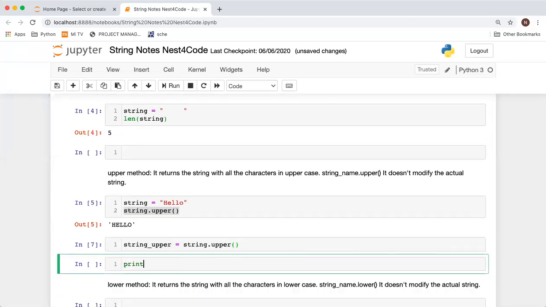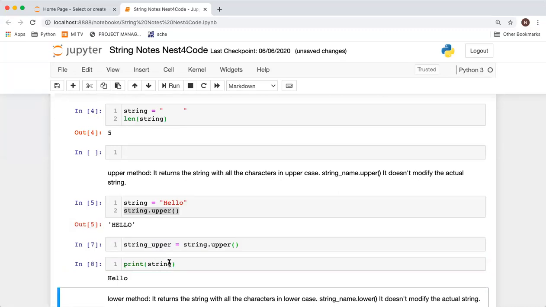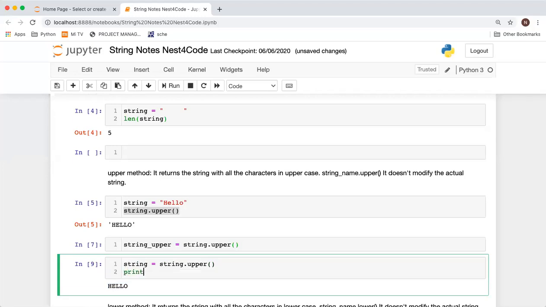So if I print string, it will be the old value, right? And if I print string upper, it will be the new value, right? But if I want to store only the uppercase string in the same variable, can we do that? We cannot modify this, but we can have the reference in the same variable. So I can say string equal to string dot upper, and then if I print string,